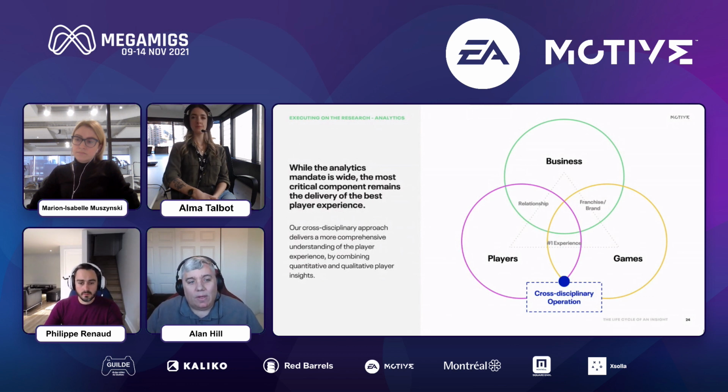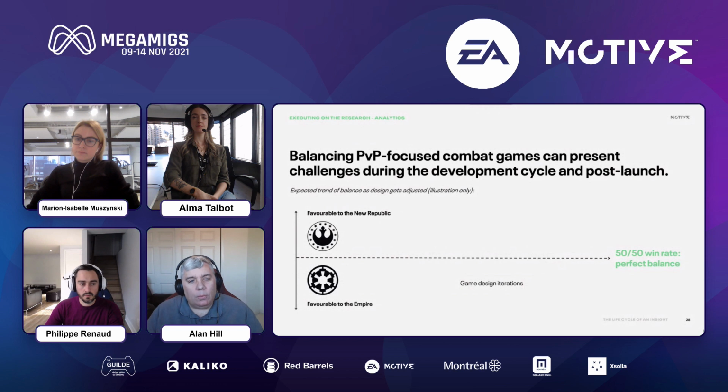Even conflicting data has value. Sometimes players might report that a ship feels underpowered, but according to the data, it's actually doing well. So that also provides valuable insights to the game team about the player experience. We help improve the player experience by operating as an embedded function within the studio and game teams, supporting the needs for rich player behavioral analysis, mostly using game telemetry, from our experience design, UXR, and development teams. So on Squadrons, we were looking at balance.